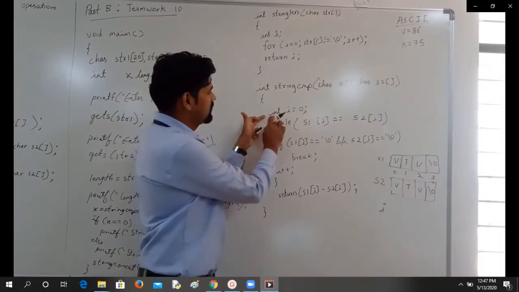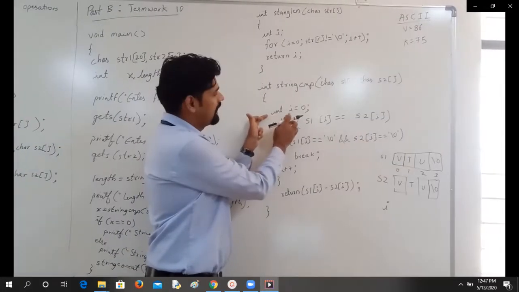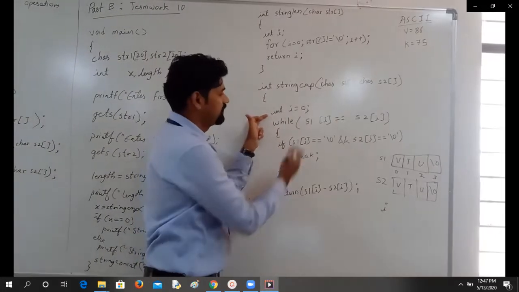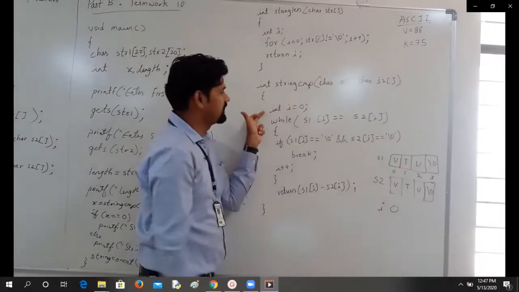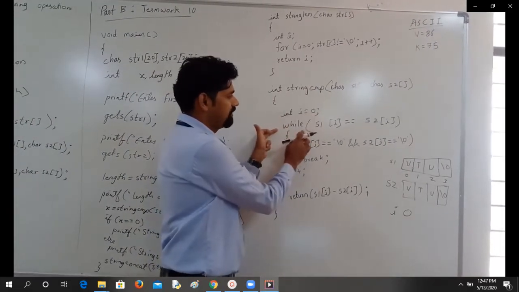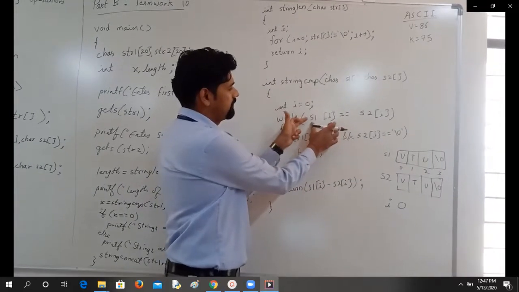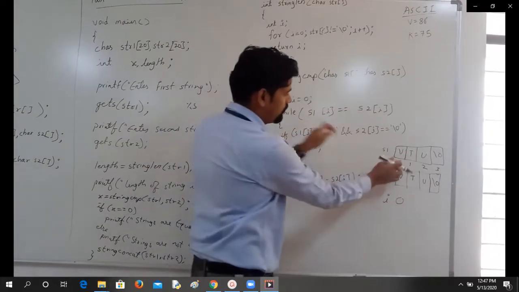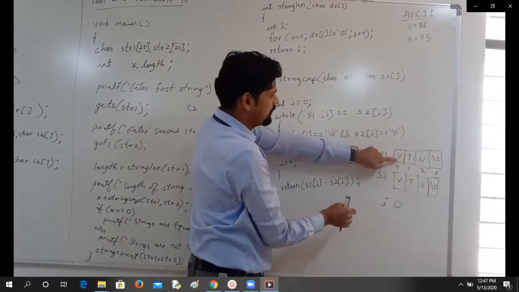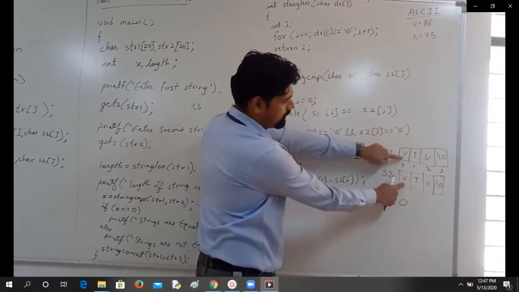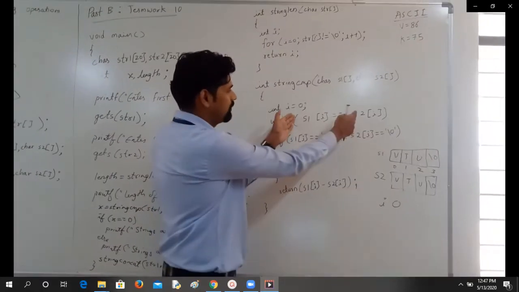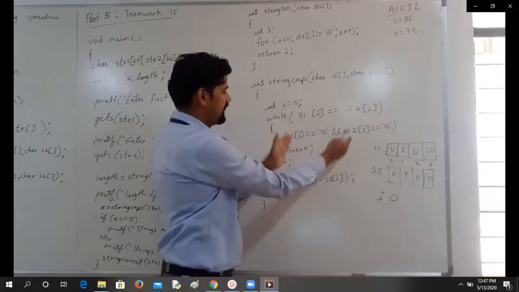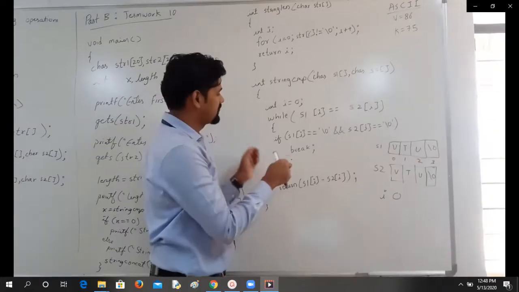Let us go in the function. So I have declared integer variable I, which is to keep the track of index. Because the array index starts with 0, I have initialized that with 0. Then I have a while loop. I just check here if the 0th character of first string, that is S1, is equal to the 0th character of the second string. So here they are equal. So they are equal meaning this is true, and the control is going to come inside the loop.